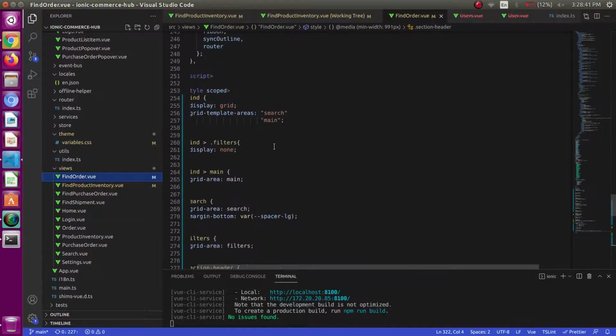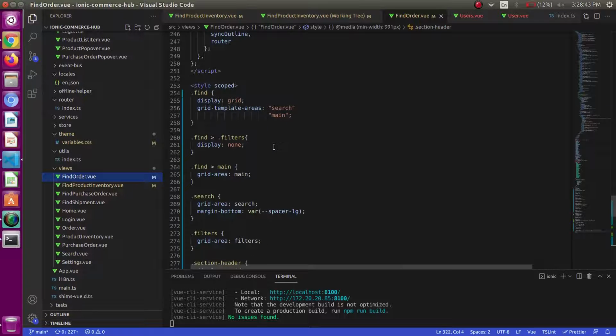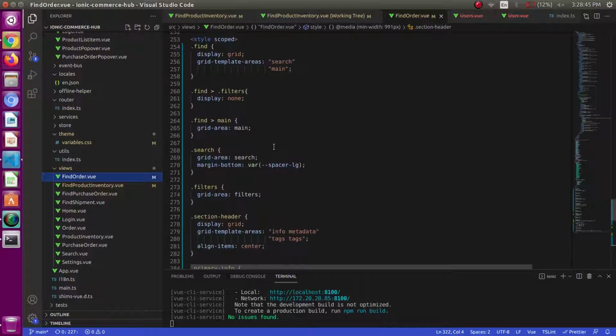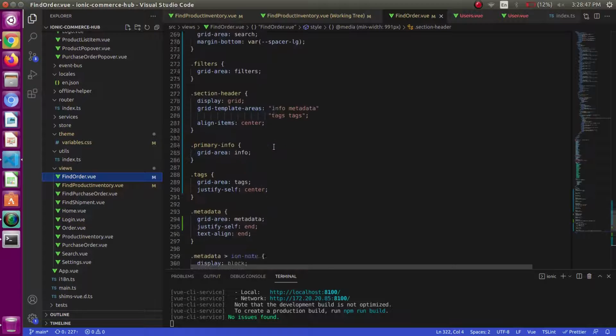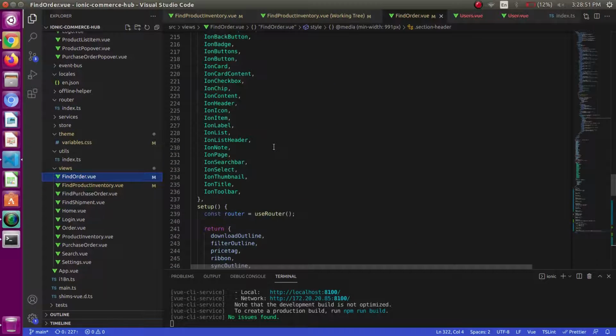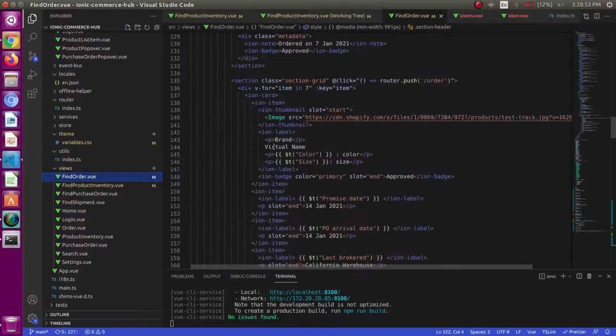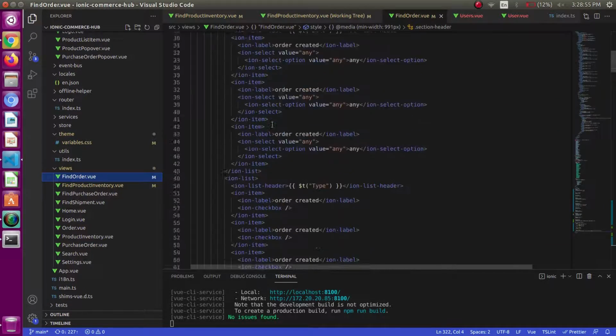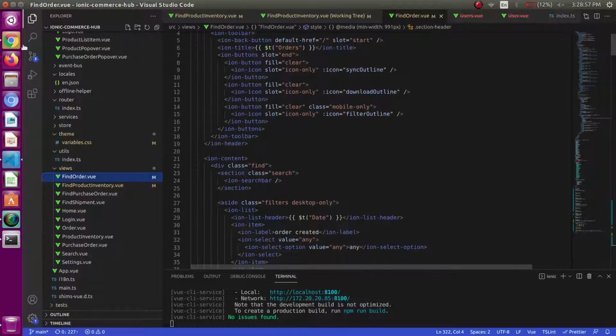In this video, we will be using this same styling to style different pages. What I will be doing is that I will be using this style in my global file. I will be transferring this style to my global file and will be using it in different pages. So